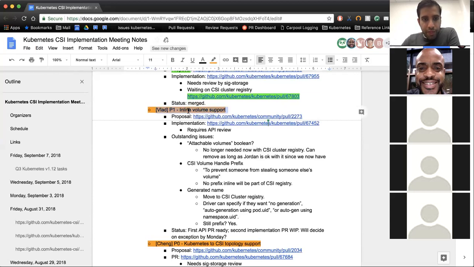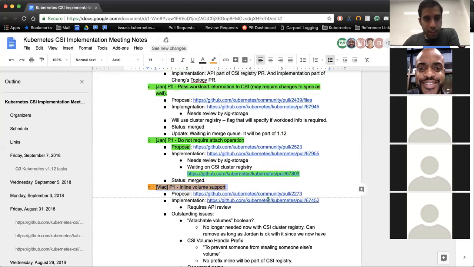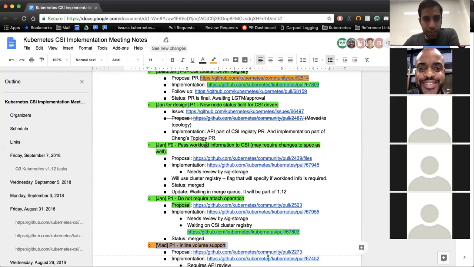So good thing is that even if inline volume support doesn't get in, people who were blocked on writing ephemeral volumes should still be able to create them this quarter without this work. It'll just be a little bit uglier to use because the skip attach and the workload information is now there.